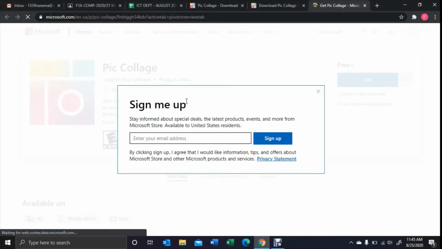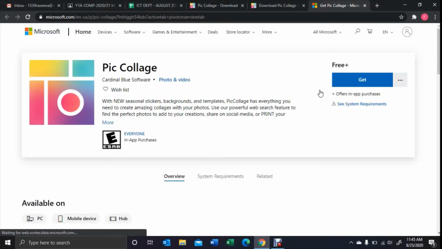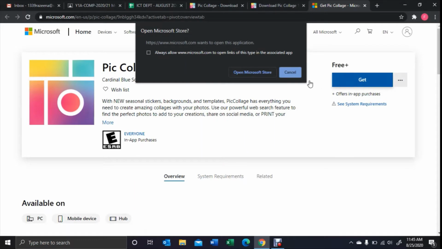Okay, you can close that and you can click on this get. Once you click on get, it will start to install. Okay, that is one way you can install this Collage app onto your computer. Click on get. You will get this message if you already have this Collage app in your Microsoft Store. Okay, so if you don't have this